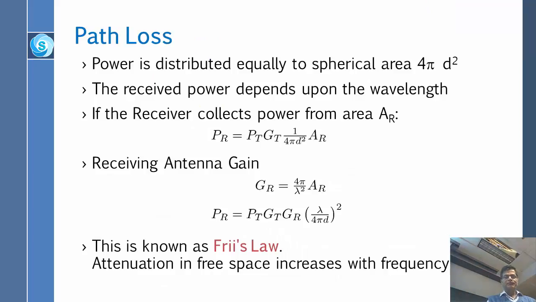So path loss. Power is distributed equally into a spherical area of 4 pi d square. So basically when you send it, it goes in all the directions that we saw before. So the received power is proportional to the receiving area. The receiver is not going to collect the power from the whole sphere. It is going to have an antenna, sometimes you have seen these parabolic antennas. If you drive by near NASA buildings, I don't know how many of you have, but even not NASA buildings, if you just drive by some big hotels, on the top they have these big antennas,